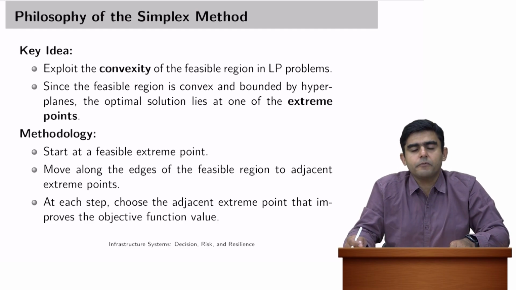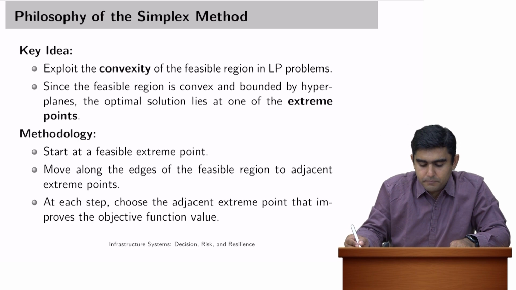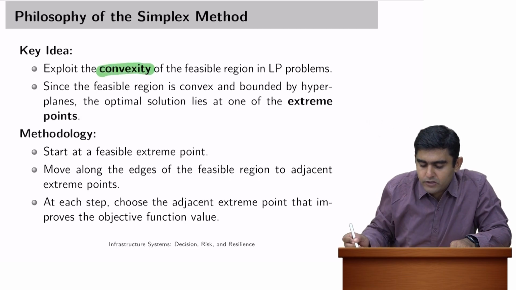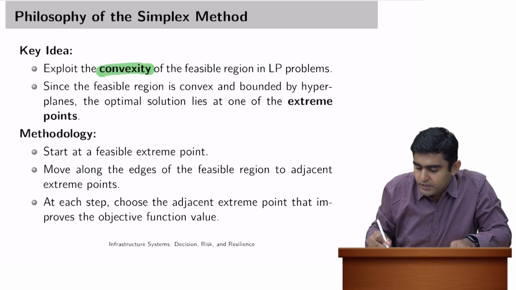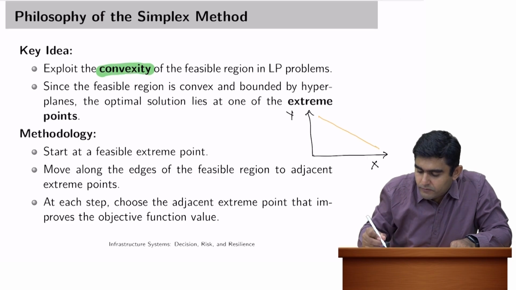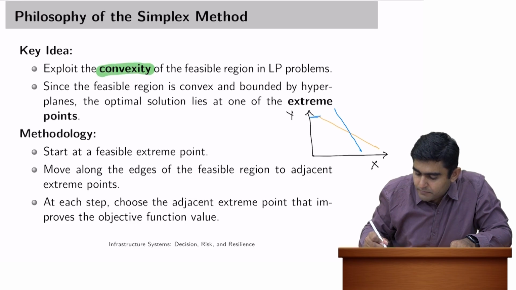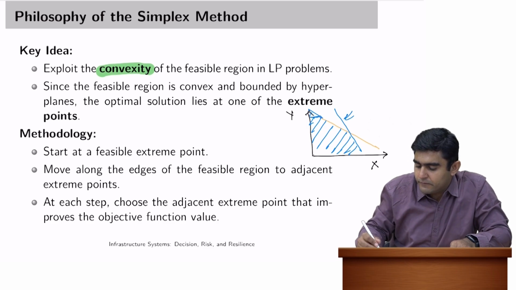So let us quickly recap what is the key philosophy behind linear programming problems, and the same philosophy also applies to simplex method. So the key idea behind simplex method is to exploit the convexity of the feasible region. So as we learned in last class, that if you have two constraints, one drawn in orange and another one drawn in blue, and both of them have their feasible regions, let us say marked by the region that I am now shading in blue. If we have to meet both of these constraints, or we will call this as equation 1, and we will call this